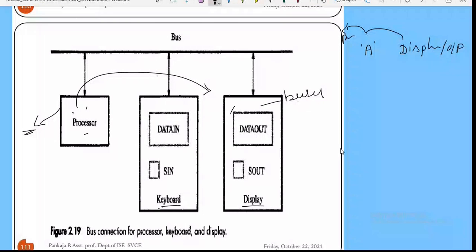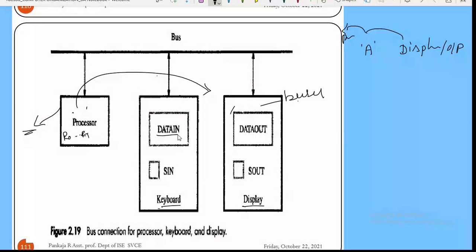So what and all operations take place inside the IO device? We have discussed in the previous class, for each of the devices there is an associated buffer, or a register. So data in is once again a register, like how we have used registers R0 to R1 in the processor.